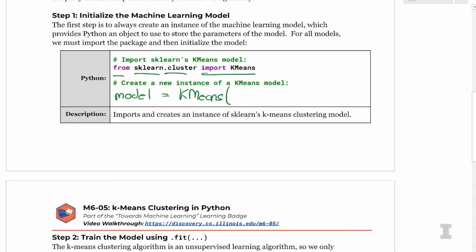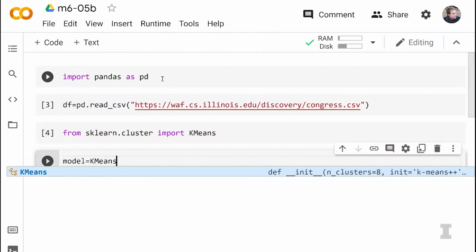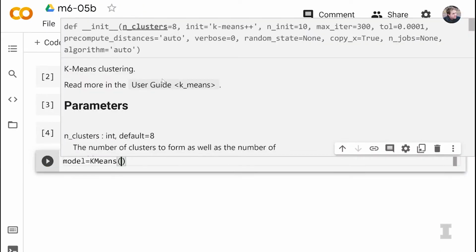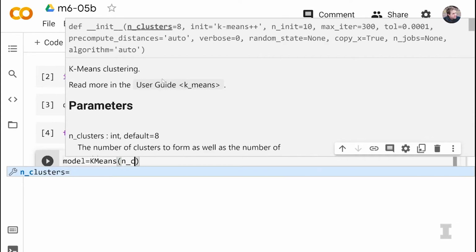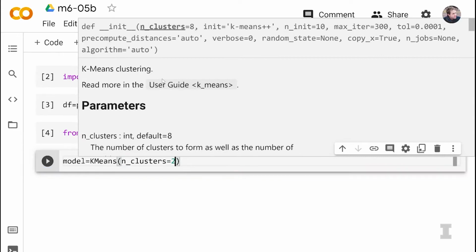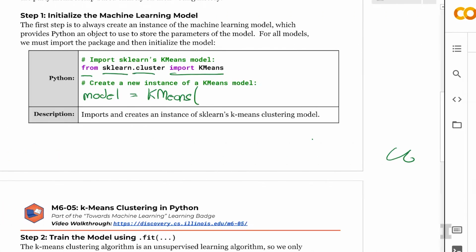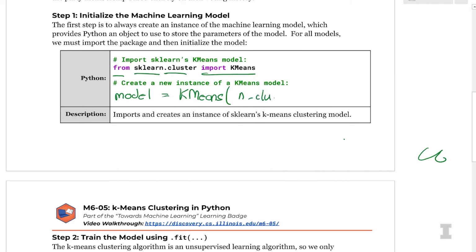Carly, if you type KMeans and open up the parentheses, Google Colab is going to give you some hints. Yeah, it says the first parameter is n_clusters, and then I can say equals 2, since that's what we want here. Yes, n_clusters equals 2. And since it's the first parameter, we don't even have to say n_clusters, we could just say 2.